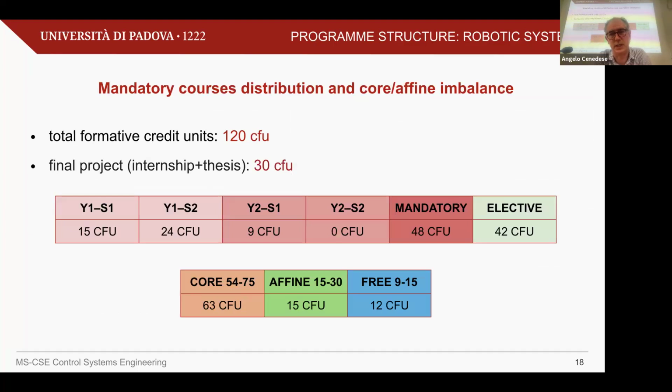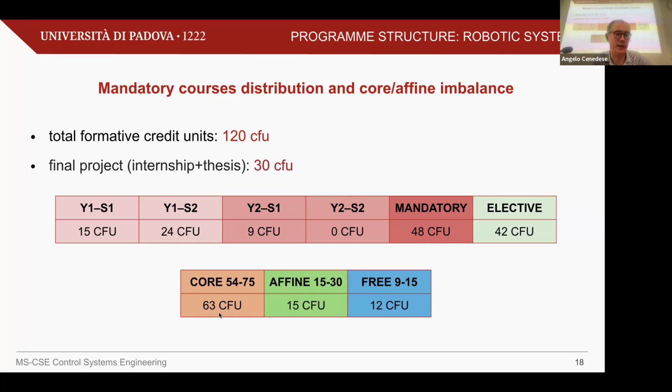Distribution of courses along the 2 years: we have 15 mandatory credits during the first semester, first year, 24 in the second semester, first year, and 9 in the second year, first semester. The second semester is free of mandatory courses. We have fewer